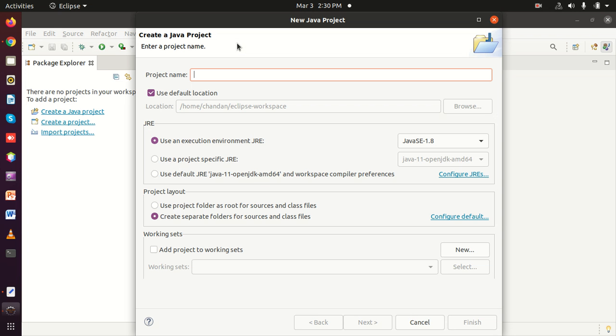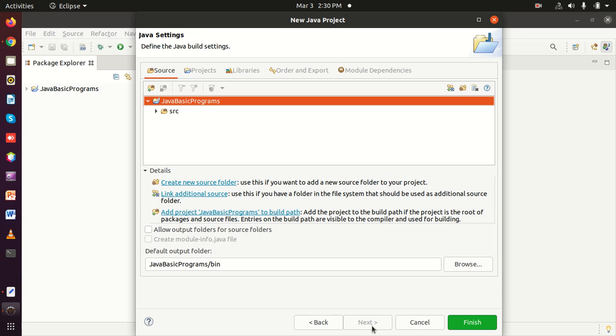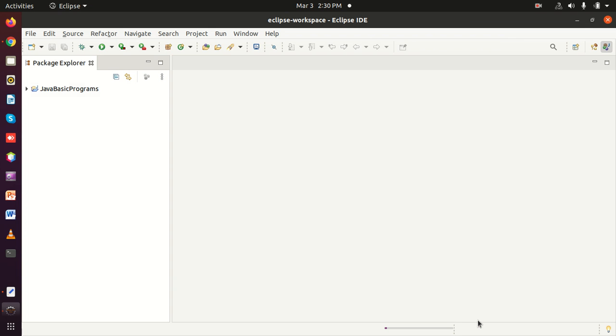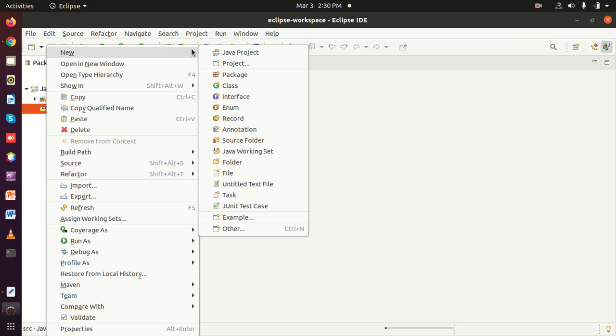Give the name of the Java project. Click Next, then click Finish. Now click on src, right click on it. Now choose Class.